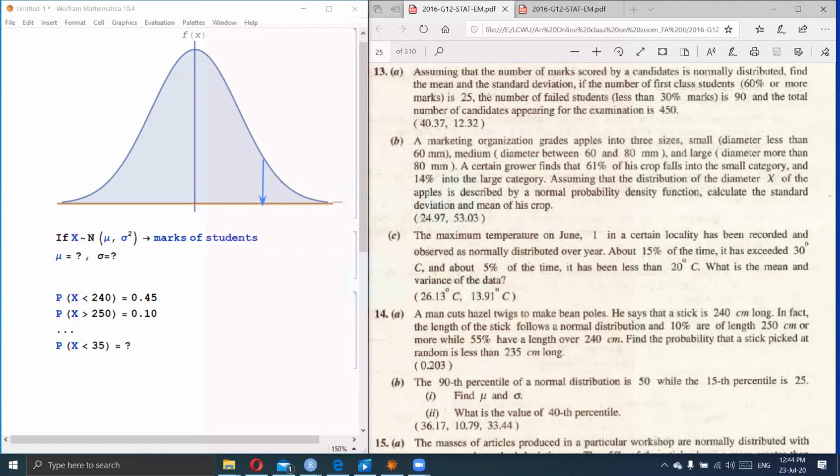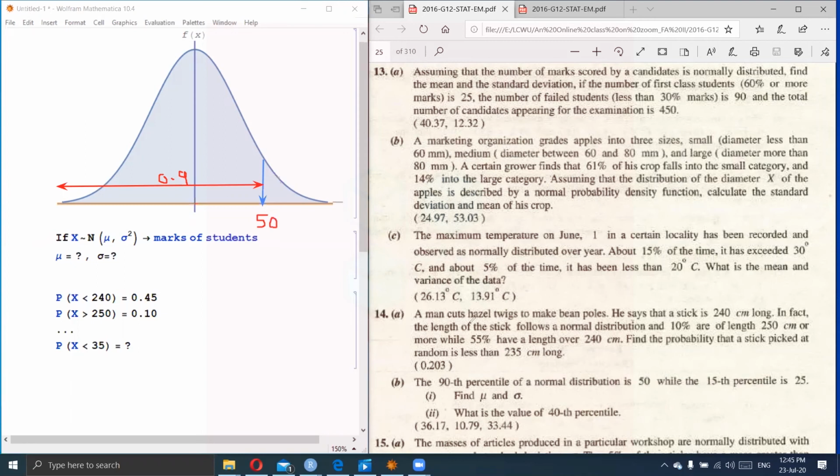So we can write here the area from minus infinity to this point is 0.9. If this area is 0.9 and the point on the number line x is 50, so we can write here this point is 50. So using these two pieces of information, we can find the equation,